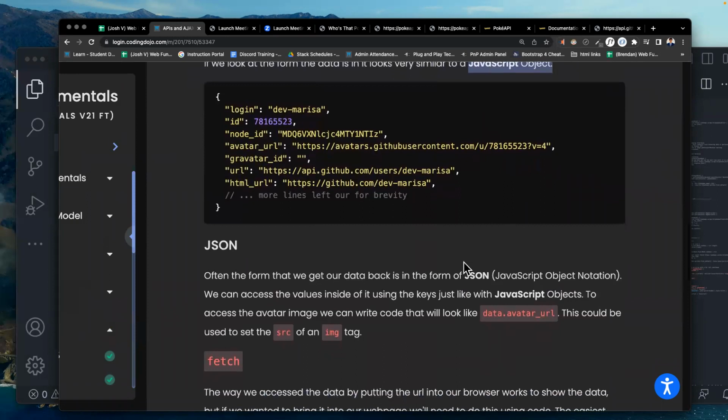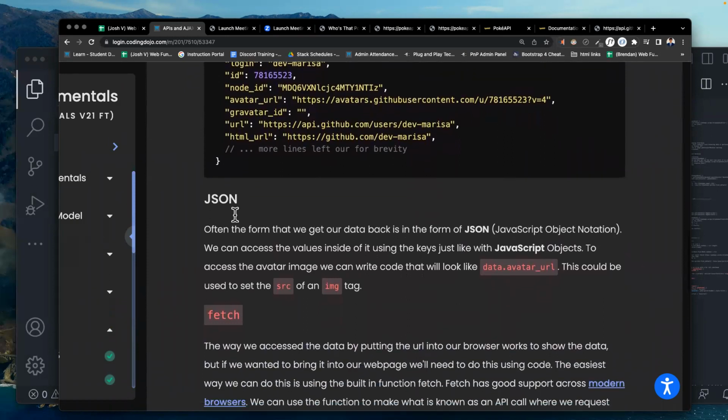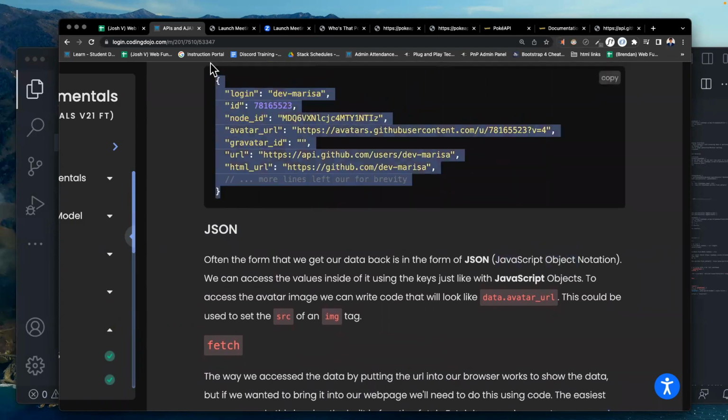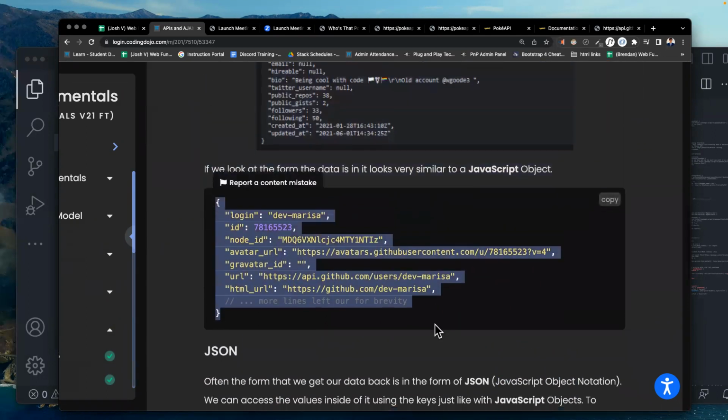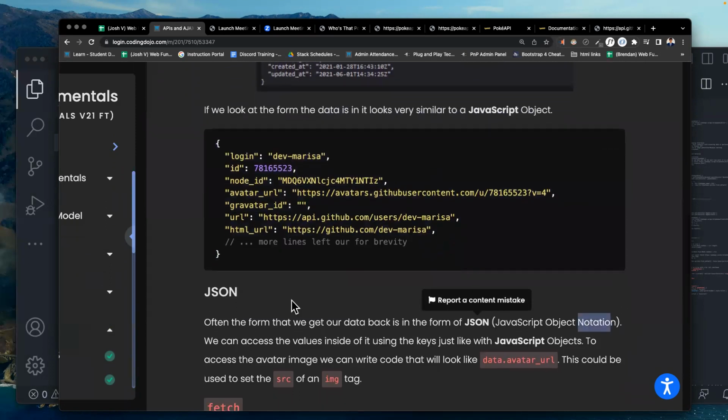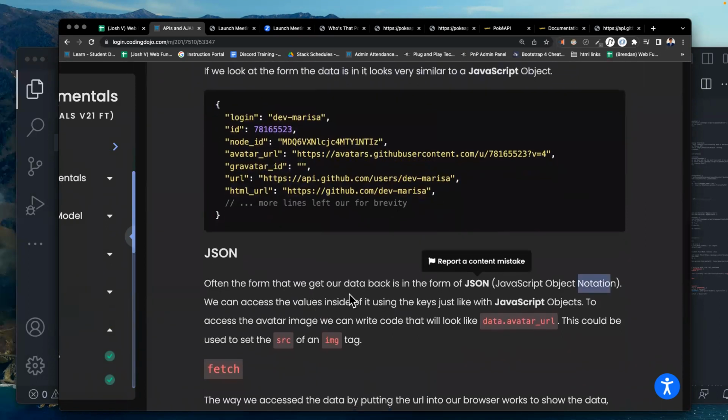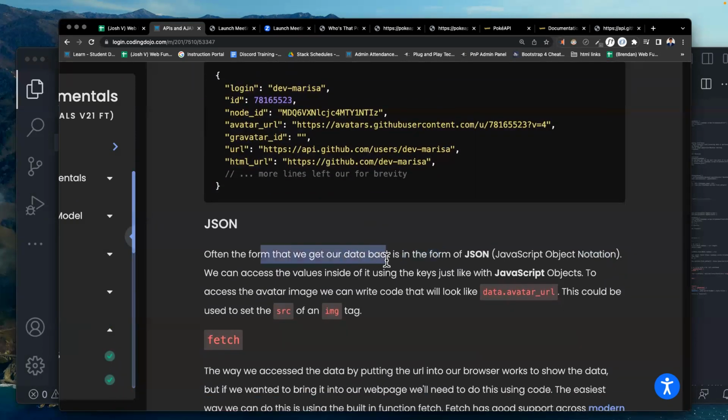Okay. Now let's talk about what JSON is. JSON stands for JavaScript Object Notation. So whatever an object is, something in this form, this notation. Often the form that we get our data back in is JSON.